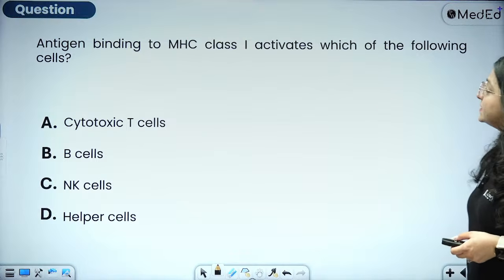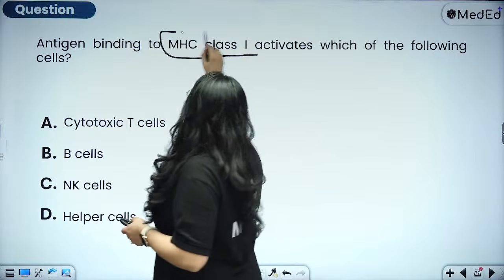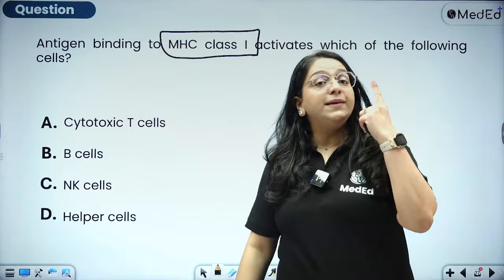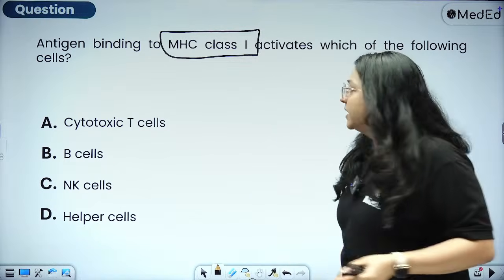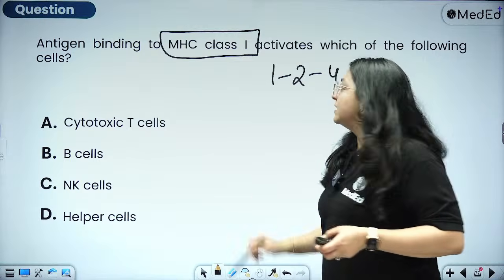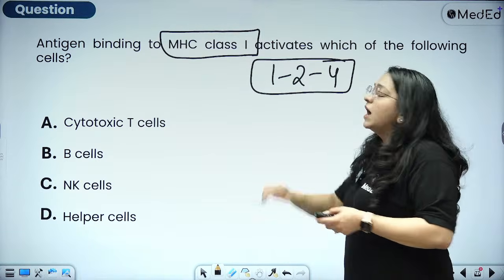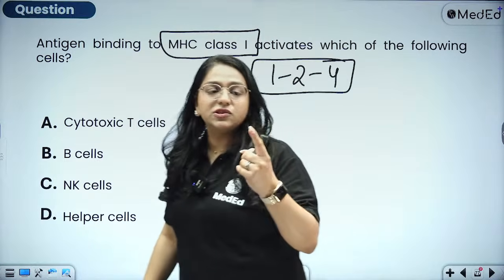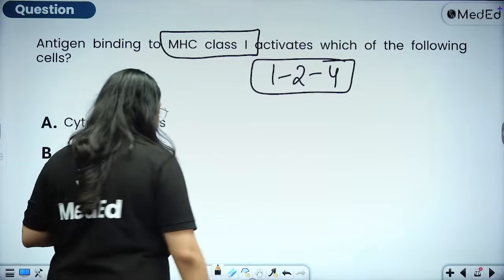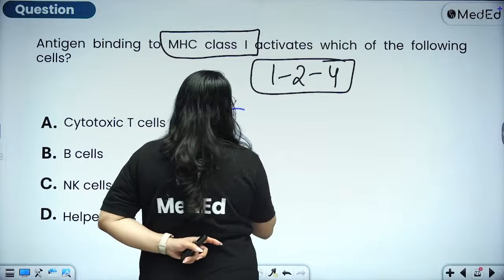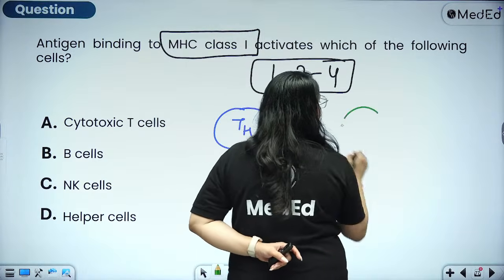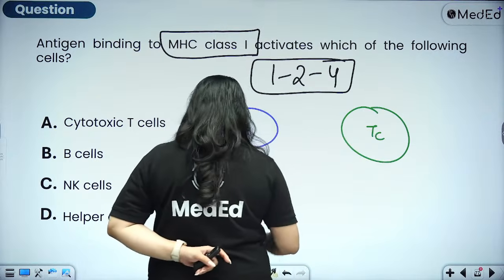Antigen binding to MHC class 1 activates which cells? So I always tell you the mnemonic. There is one mnemonic for all immunology: 1 2 ka 4, 4 2 ka 1. My name is Lakhan. So 1 2 ka 4 applies to all hypersensitivity reactions, all T helper cell receptors and interleukins, entire microbiology. So if you have a T helper cell here and a cytotoxic T cell over here,